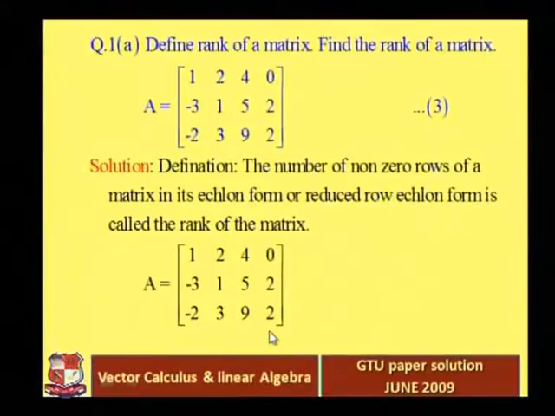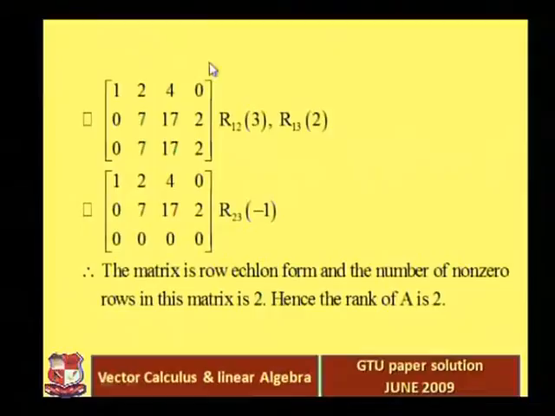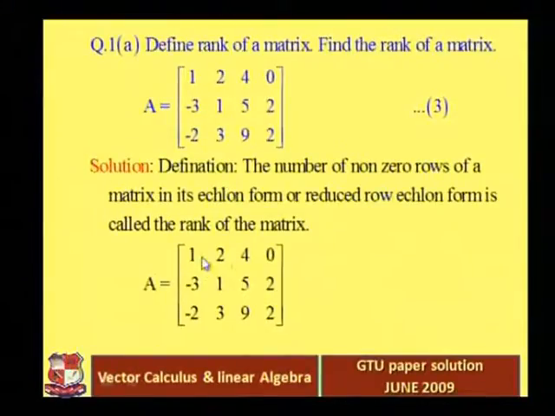So next process, we have to multiply the first row, because this 1 is our leading entry for the first row. Below that leading entry we want 0, right? That means we want 0 here and here, right? So definitely we have to multiply the first row with 3 and add into the second row, and next we have to multiply the first row with 2 and add into the third row, right?